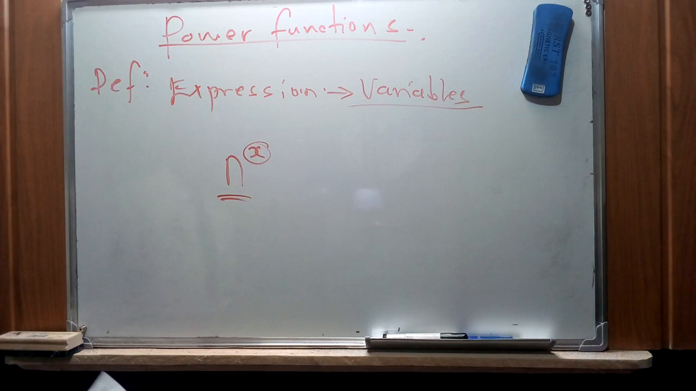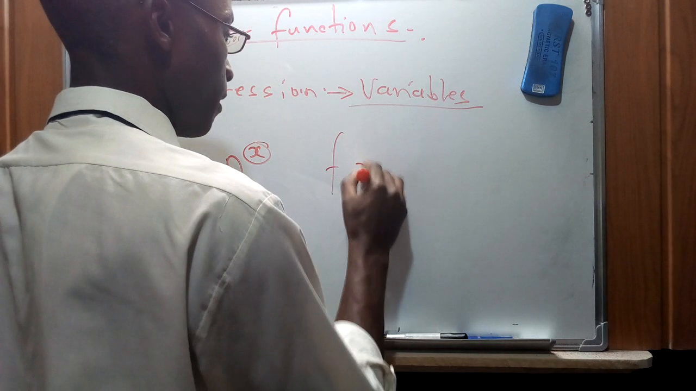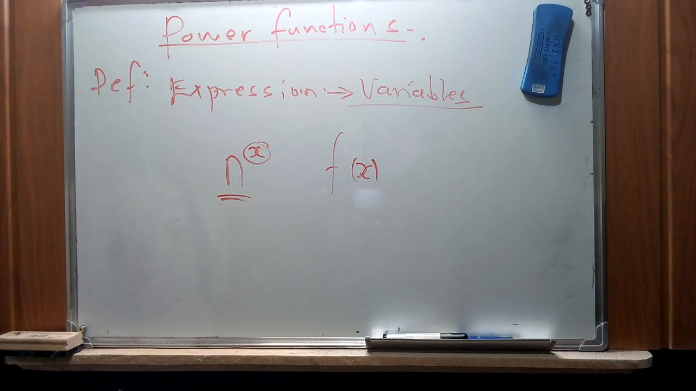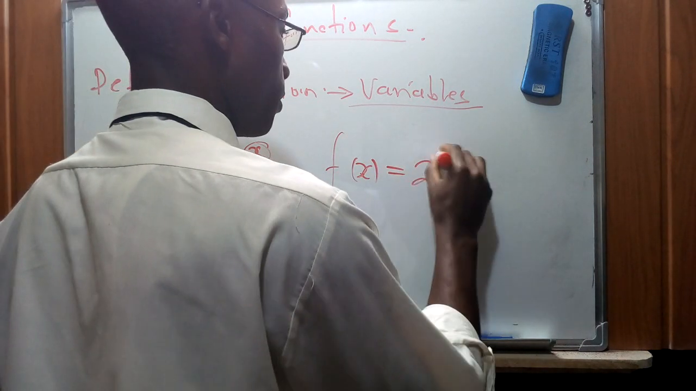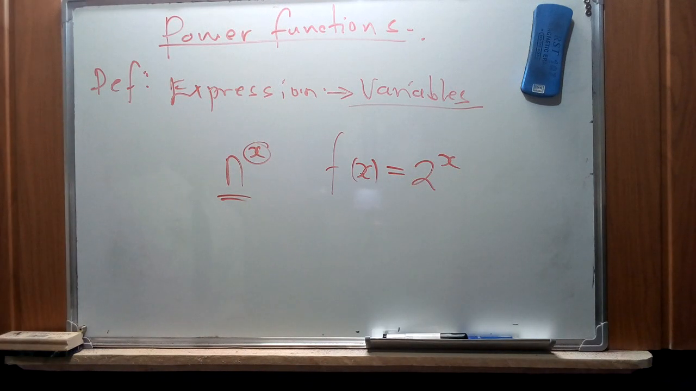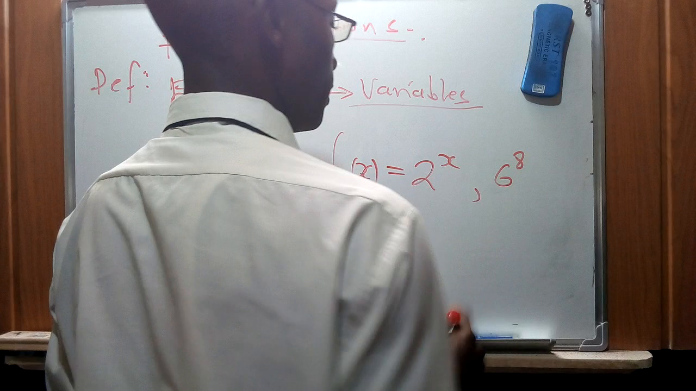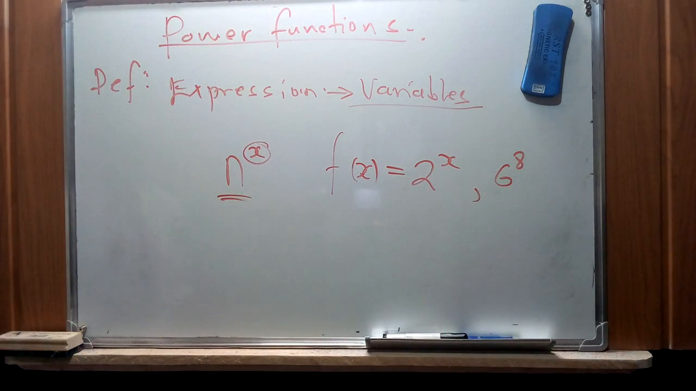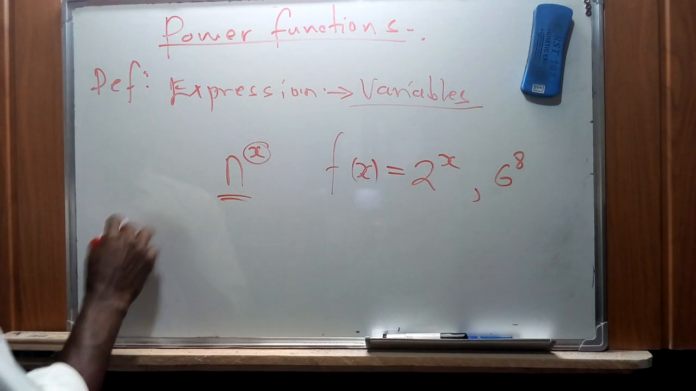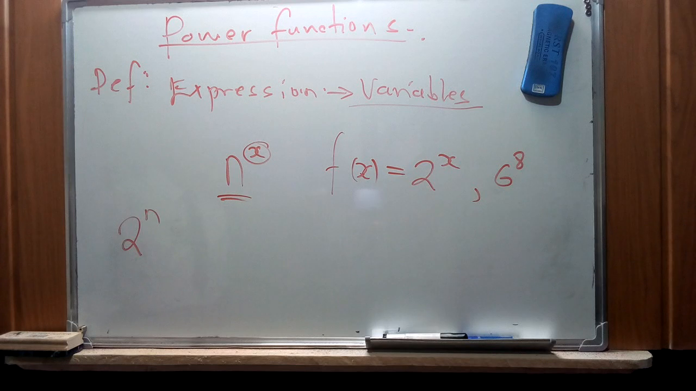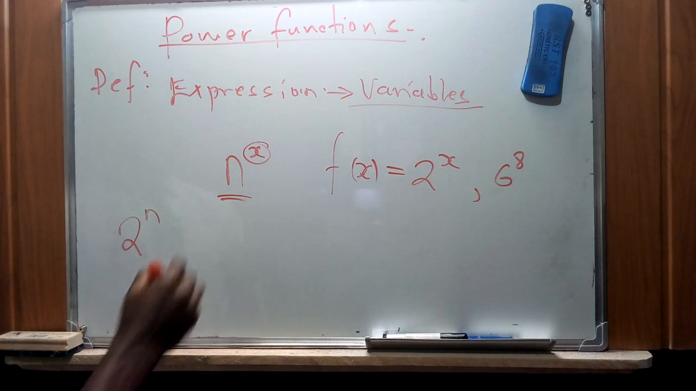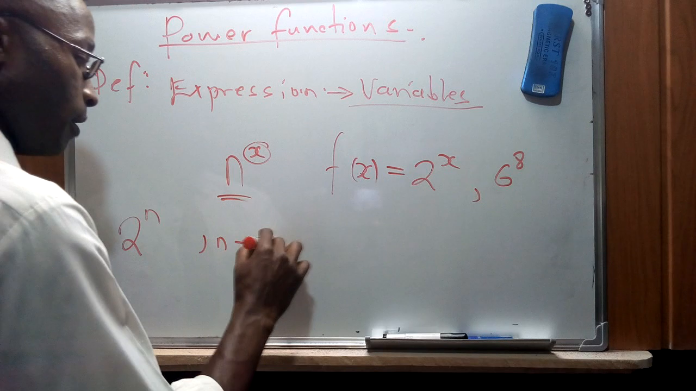So these power functions can be expressed with integers, as we said. Now suppose I write a number like 2 raised to power x, then that is going to represent a power function. This can be maybe 6 raised to power 8, etc. So this can be expressed in terms of numbers. Now if we have a function like 2 raised to power n, whereby n is a positive integer,